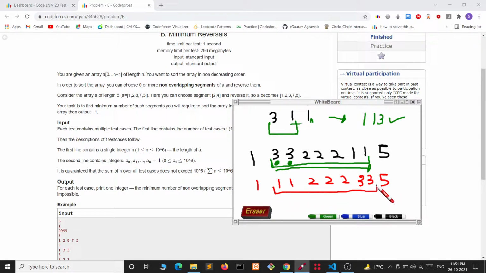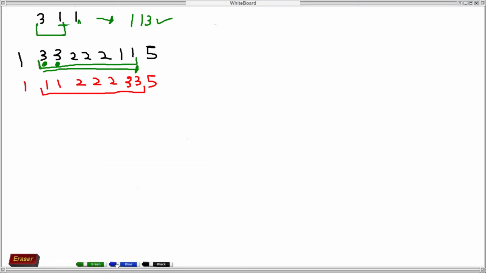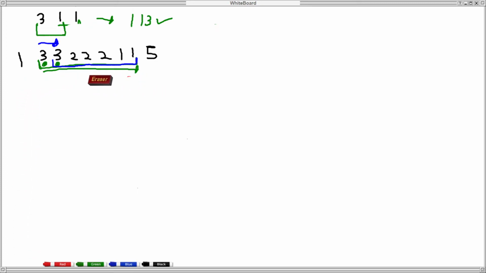This is the chosen segment. Here we can see that we have taken all these three together. This is because if we had not taken these three, then we would have taken some segment like this. After reversing, at the place of 3 we would have some element less than 3.